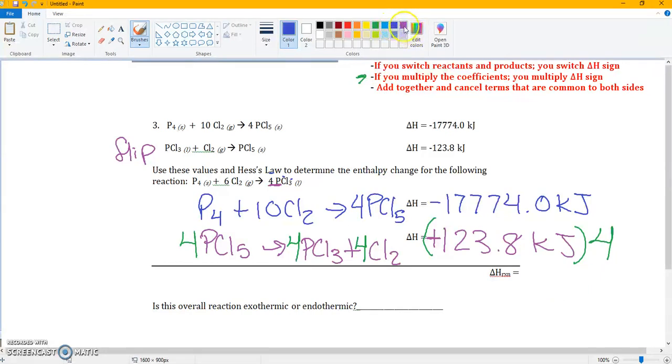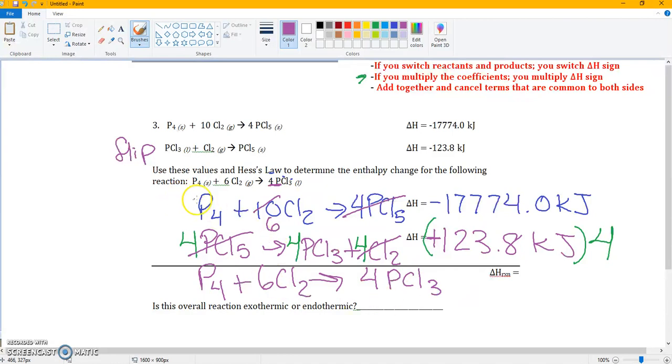Next, I'm going to cancel out anything that is the same. So let's see, P4 stays the same. I have 10 chlorines on this side and 4 chlorines on this side. So all of these chlorines cancel out, and 6 chlorines remain up here. 4 PCl5s on this side, 4 PCl5s on that side. So when I rewrite the equation, I have a P4 plus 6 Cl2s go to 4